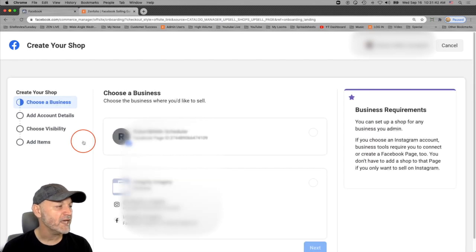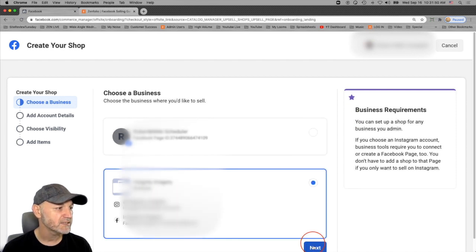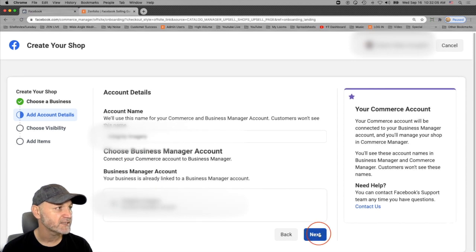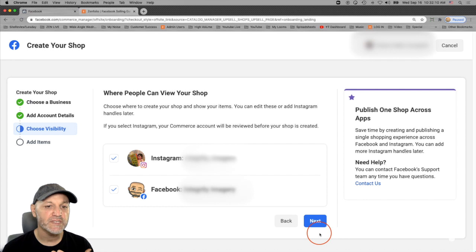Okay, now next you'll need to choose the business page that you're going to use. So make sure that you choose the correct page and click next. And then just make sure that all of the account details are correct as well. You'll also need to make sure that you select your business manager account, which you should have created earlier, and click next. Next, you can choose if you want this to be available on both Facebook and Instagram. Now, again, I mentioned that I'm creating this catalog specifically for Facebook, so I'm going to uncheck that Instagram option